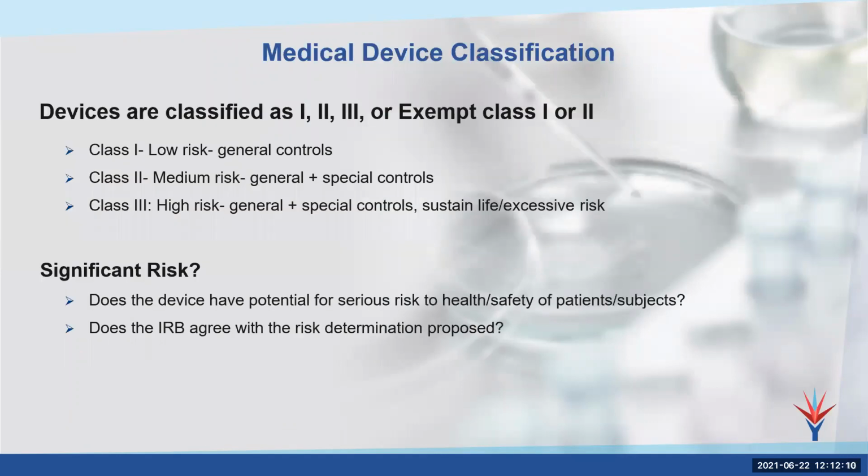Next slide. Once you determine that, yep, it fits this classification, it is a medical device, now you have to go to the next level, which is how is it classified? Devices that are governed by the FDA are classified as class 1, 2, 3, or class 1 or 2 exempt. The class 1 obviously is the lowest risk. It only has general controls. It requires quality management and oversight, but it doesn't require formal submission to the FDA prior to introducing it for market into general commerce. Class 2 is a medium risk where there are some special controls, and we frequently talk